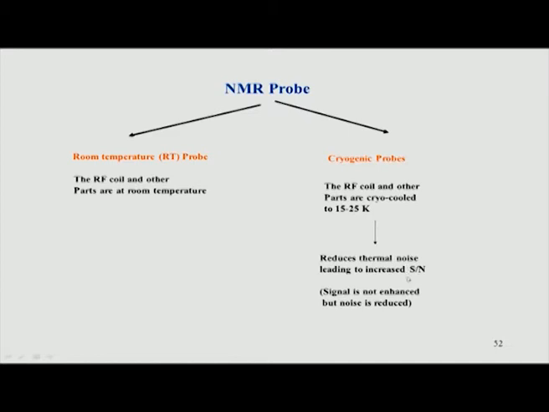The signal comes from the sample and the magnet, but the noise is essentially because of different contributions from thermal noise and electronics, and that is reduced if you go down to low temperatures. So, we increase signal to noise. This is a very important concept, because this is what modern day high field spectrometers use. When you go beyond 500 megahertz, like 600, 700, 800 and a gigahertz, those systems nowadays invariably come with cryogenic probes.